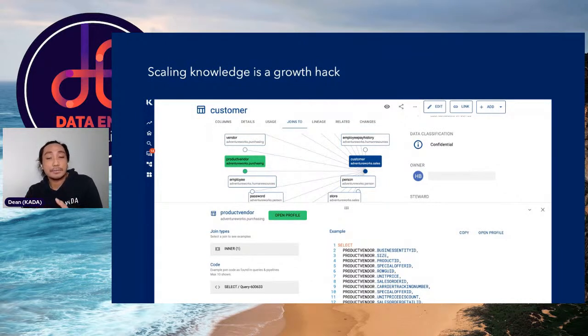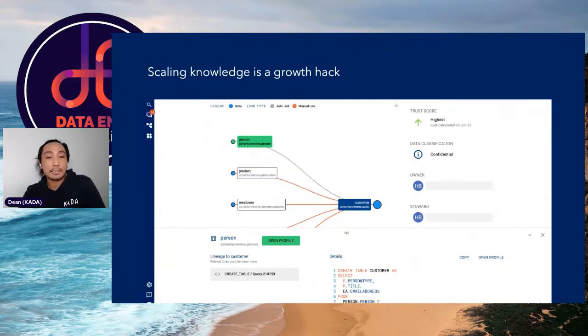If you can make it easy for your users to understand how to use the data, or how to use the product, how to query it, how to get some sample code to run it, how to understand how data joins together, or how data feeds into other data, all of these things help to elevate the data literacy of your organization, and ultimately lead to your data products having a lot more stickiness.